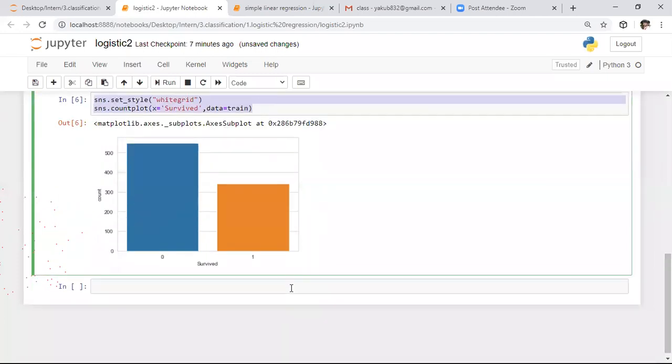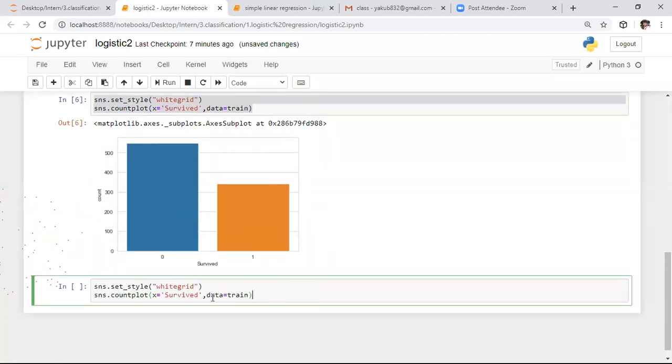So I want to compare whether the person survived or not based on sex, whether they are female or male. Based on the gender, I want to predict whether the person survived or not. For that purpose, if you want to compare one more attribute, we need to specify that feature here. So here I am saying gender name.